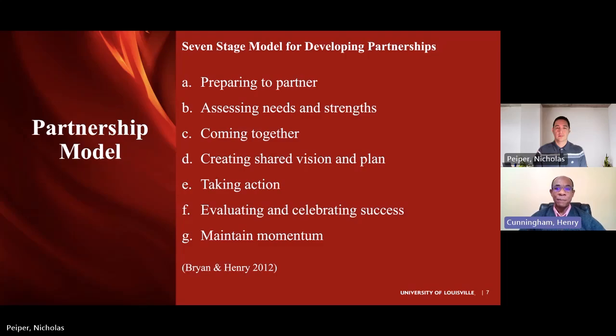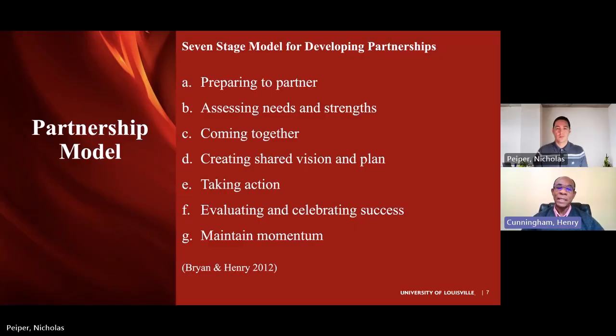Once we talk and we know what each other wants, then we can start to create a vision and a plan. You talk about your wants, your needs, your interests, and then you can work on developing that plan or that vision. Once the plan has been developed, you've talked about it, and you both agree this is what we want to accomplish together, you can then take action. You can implement your plan, and you have all the pieces put together in implementing it.